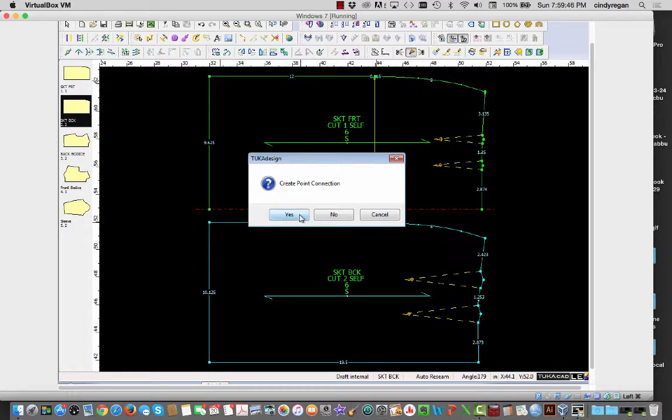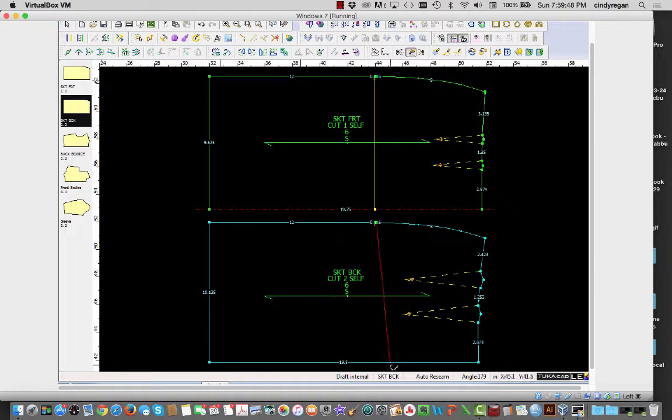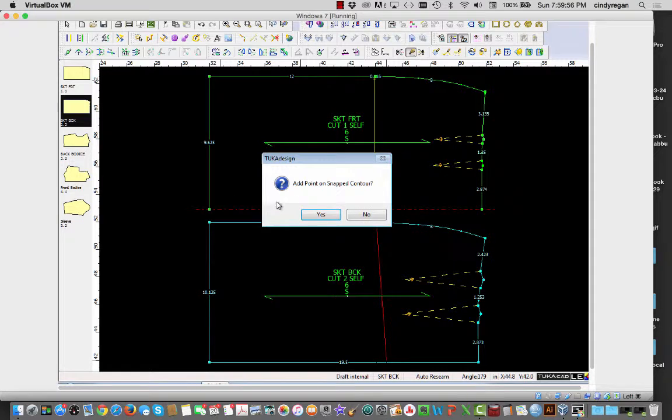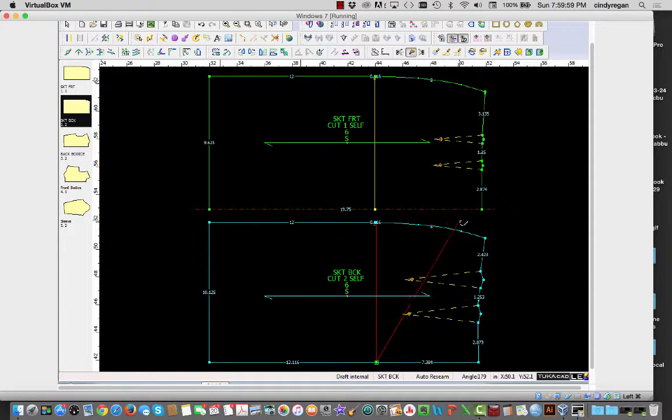And again, yes, I do want a point connection. Just go ahead and draw my line. Again, from point, 0, and click on OK. Now I'm going to also label this line as well,